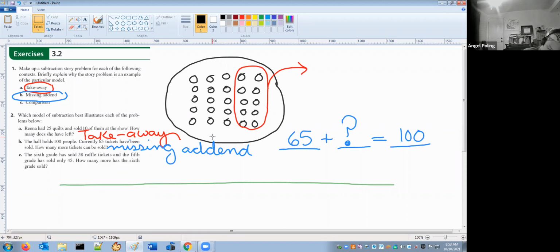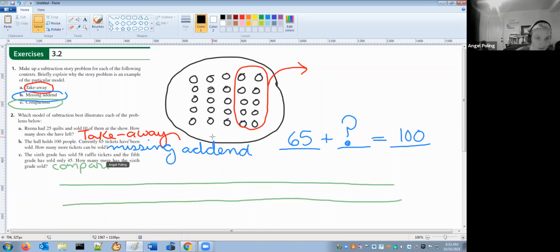So this one will be comparison. And I'm going to use a linear model. So we start with 0, right? And let's call that 10,